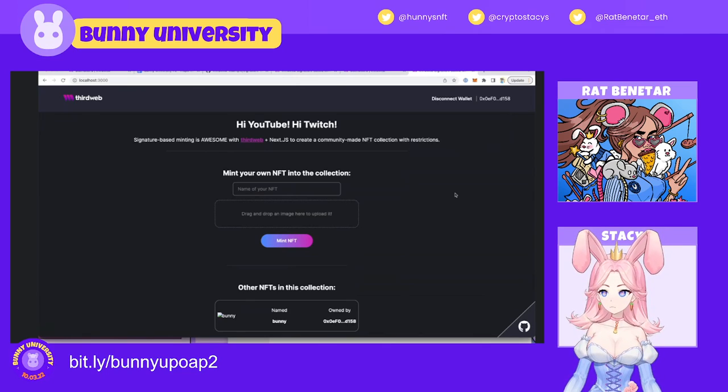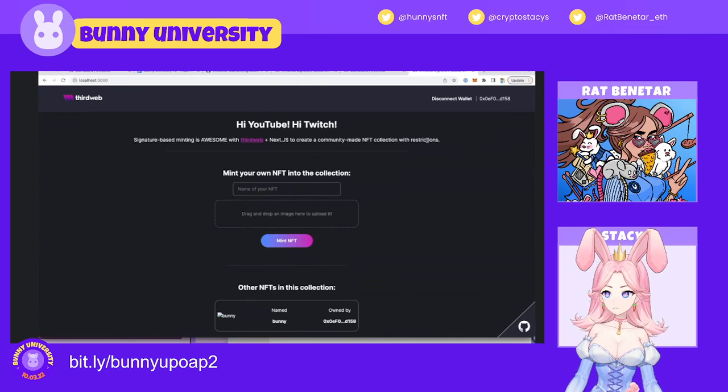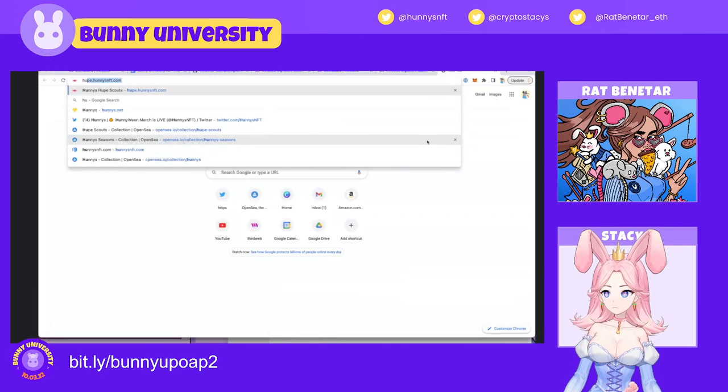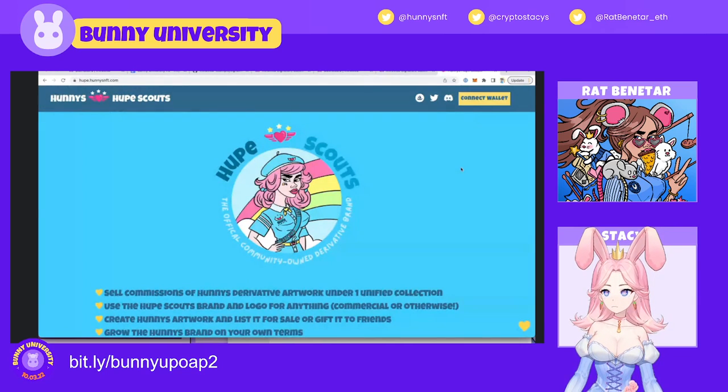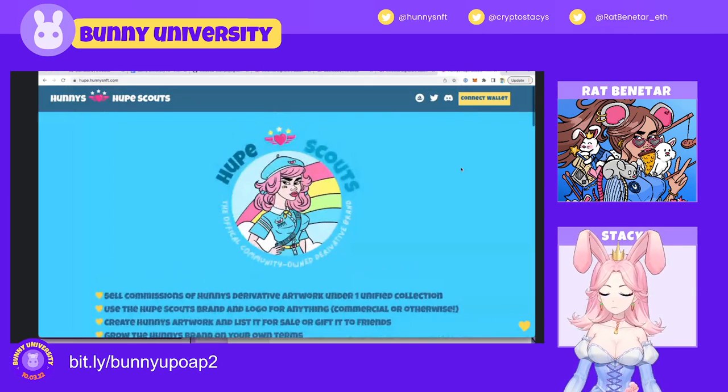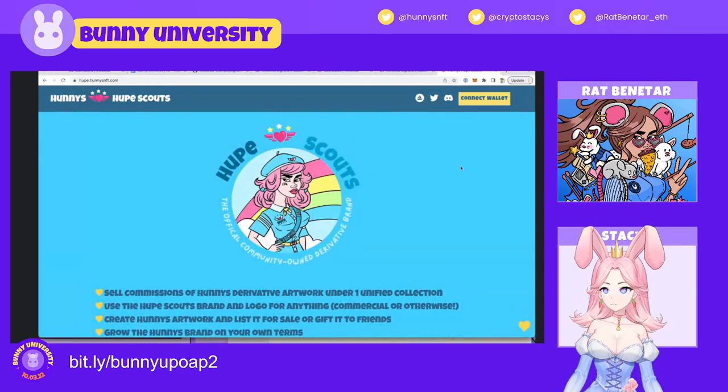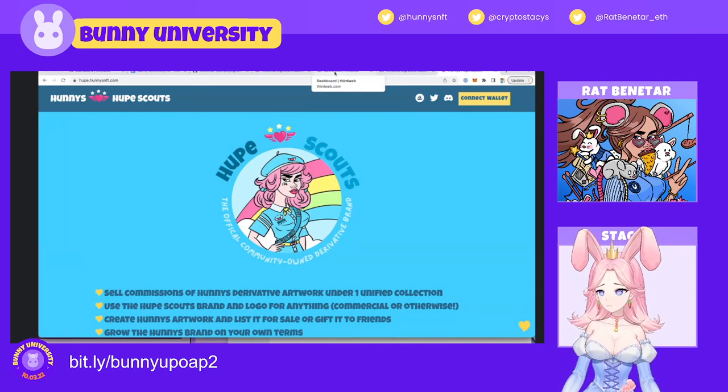Thirdweb is entirely free, minus the cost of gas at the time of deploying your contract. Again, not if you're using a test network. The code editors are free. A GitHub account is free, and even a service like Vercel, which is what we use to maintain and make updates to the Hoop Scout site, is free. These are really super powerful tools, and there's no excuse to not